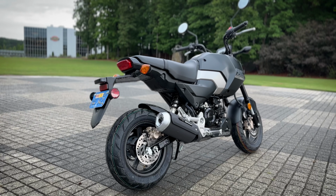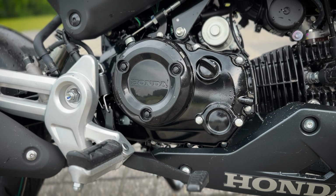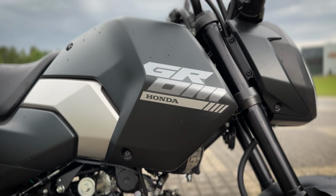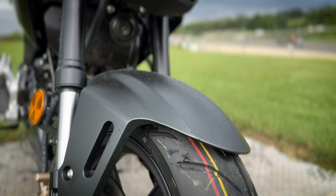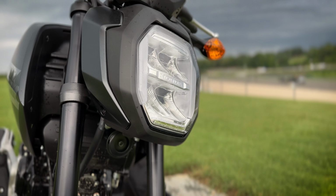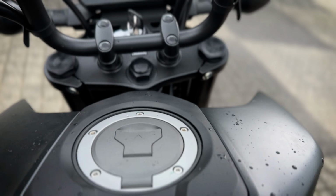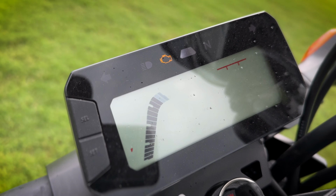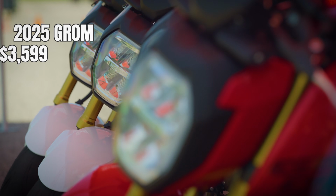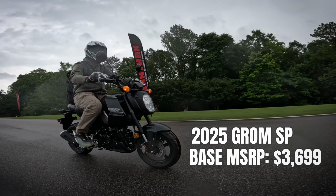This 4th gen Grom is still the same 225 pound, 125cc air-cooled 2-valve motor paired with a 5-speed transmission. 31mm inverted forks with about 4 inches of travel front and rear and disc brakes. 1.6 gallons of fuel and a claimed 166.5 miles per gallon. For 2025, there are 3 versions: the Grom, the new Grom SP, with the rocking lower